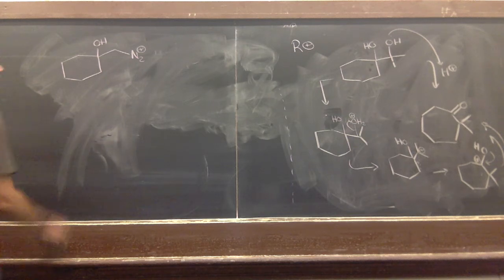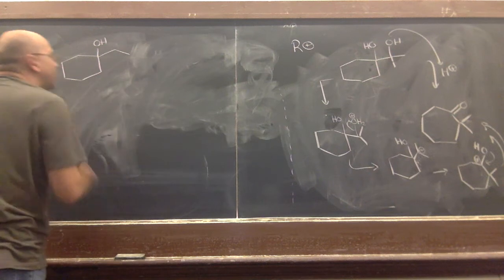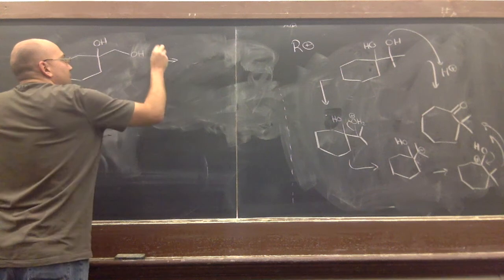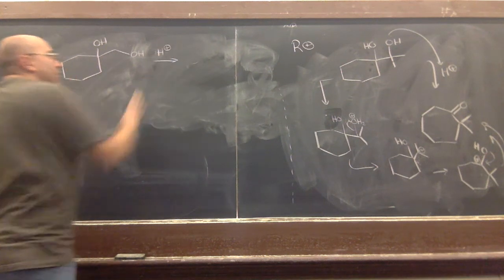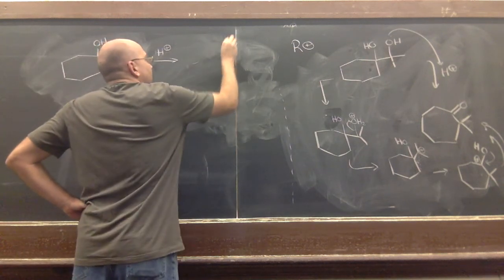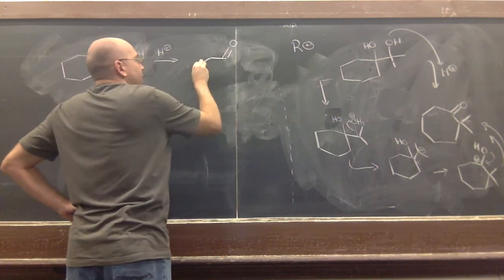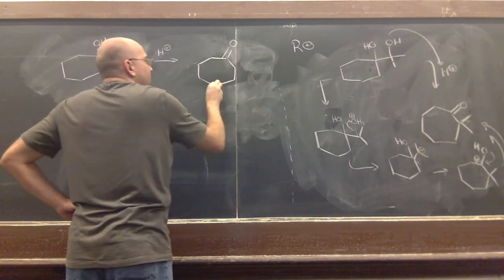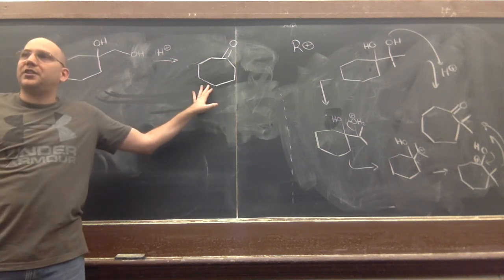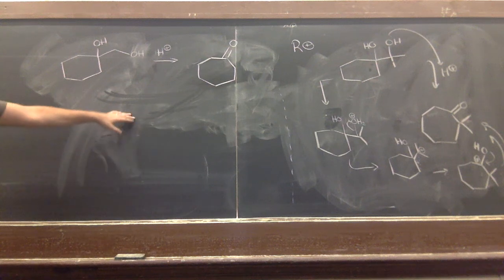So going back, let's go based upon what we were talking about earlier. If I try to do the same ring expansion from this, if I was trying to do a similar situation here, actually this is a good opportunity to revisit this mechanism. So if you can all follow along with me and try to predict what mechanism would ultimately form here. If we were to want to do this transformation, what we would need to do is